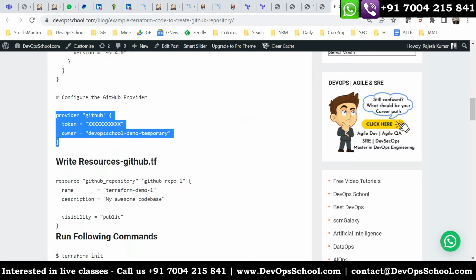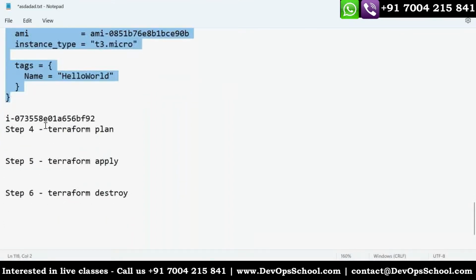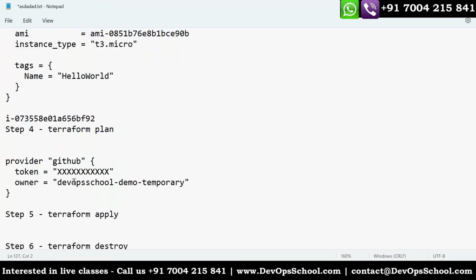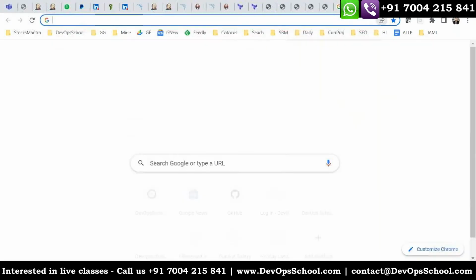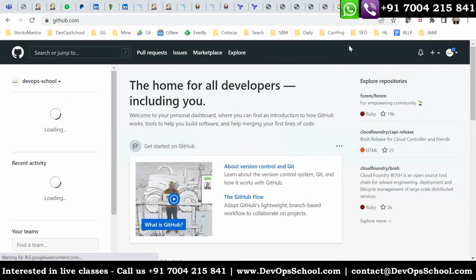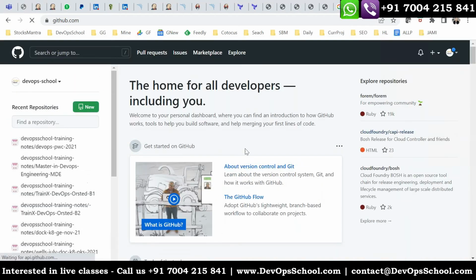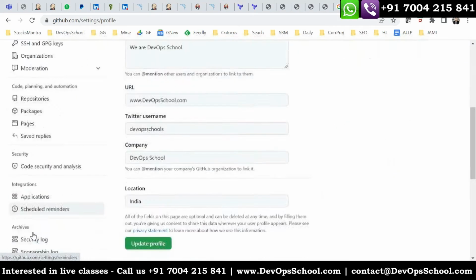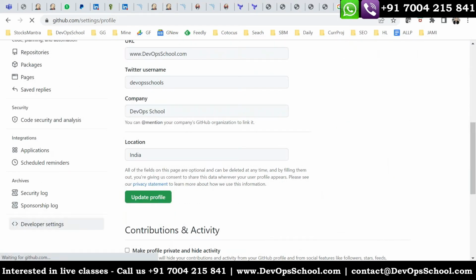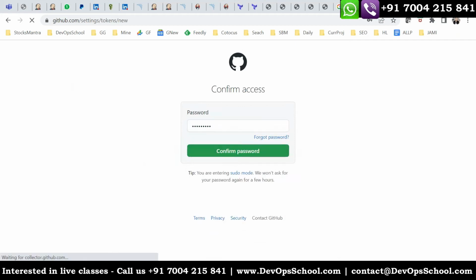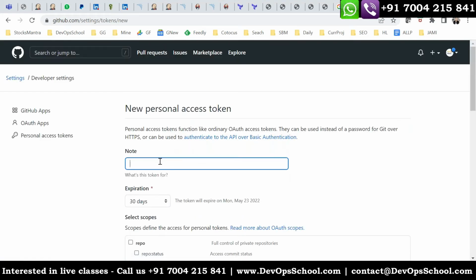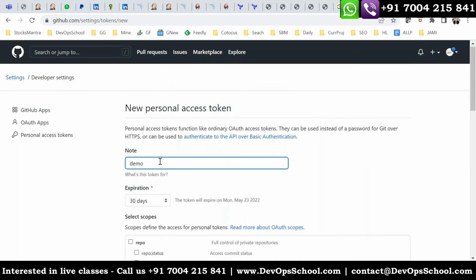Look at this. You have to change the token, you have to give the token information. So how do we get the token information? Go to GitHub, go to settings, go to tokens, which means authentication, and create one. Here I'm creating one for the Terraform demo.